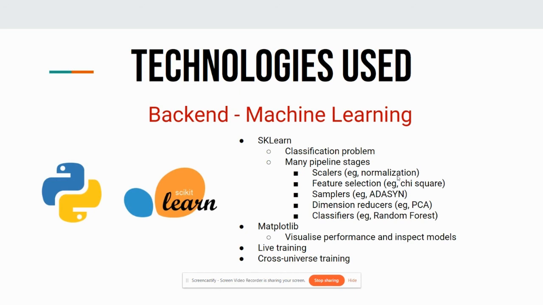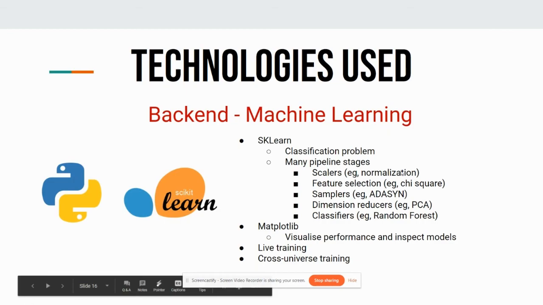For our back-end machine learning, we use the sklearn library. We leveraged sklearn's flexible API in different stages. Our project allows substitution of each of these options, namely the scalar algorithm, the feature selection algorithm, the samplers, the dimension reducer, and classifiers. Our project will allow substitution of each of these options and is even available to end users in the dashboard. This allows us to eliminate any bias and preconceived